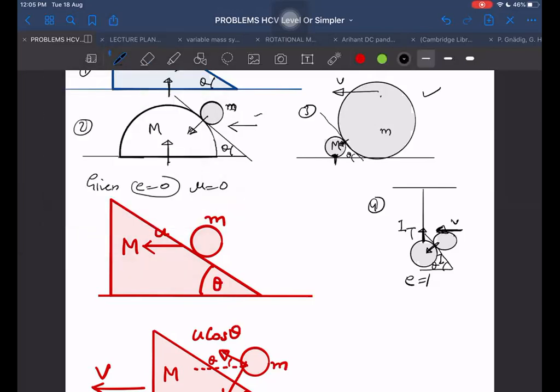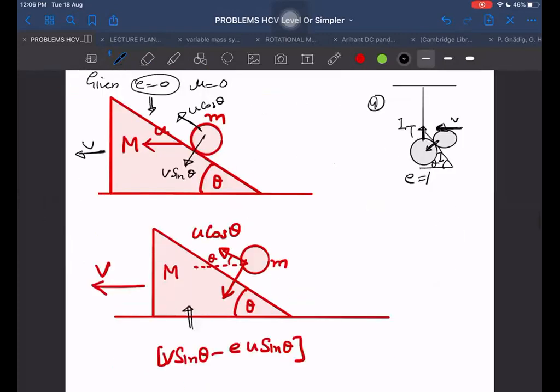So I expect you to be doing this thing. Whenever they are giving you the e equal to 0 case, quickly, at that instant only you should be responding fast, and you should be saying that its velocity along this direction after collision is u cos theta. And in this direction, take it to be some unknown, but that unknown is v sin theta, because it is v. But it is only valid for which case? Only for the case when e is equal to zero. Okay, this is enough. If you have understood this, then you can do those cases also when e is not 0.